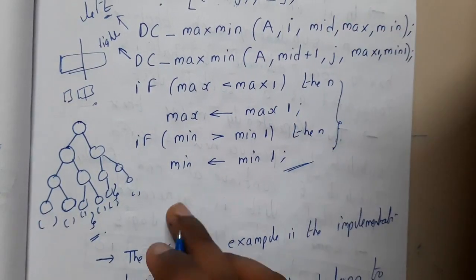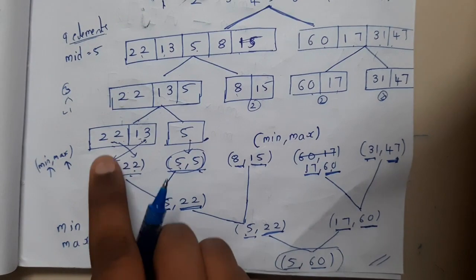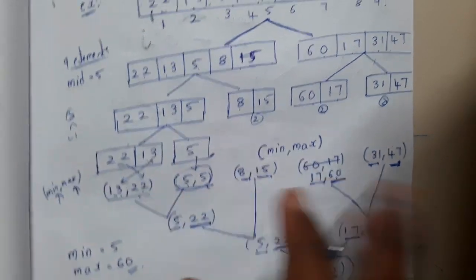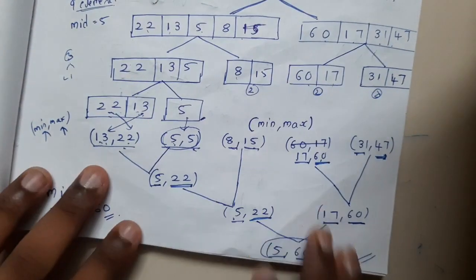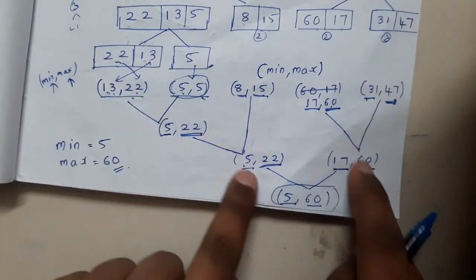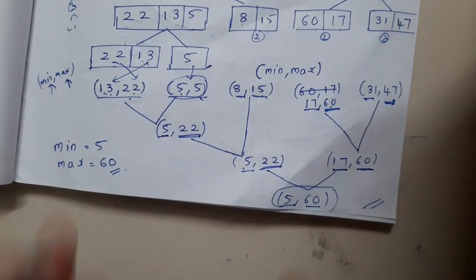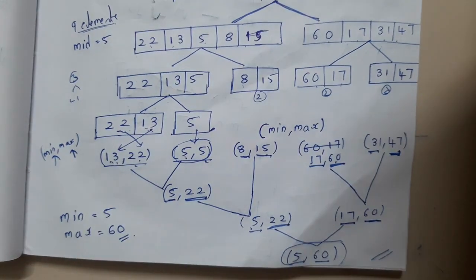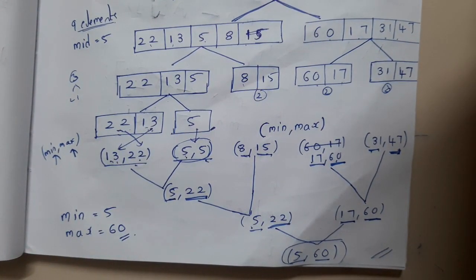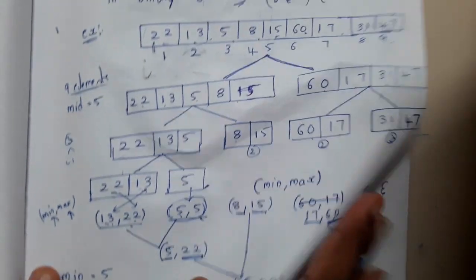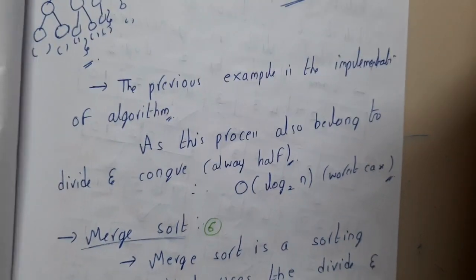Once the children or the min-max pairs are collected, we will follow this process, and these steps will continue until the whole tree is done. So at the end, you will be combining all these things and you will get 5, 60. If you have any doubt with this problem, please go back to the previous lecture and watch it, or shall I revise it once again? Okay, so let me revise it once again.